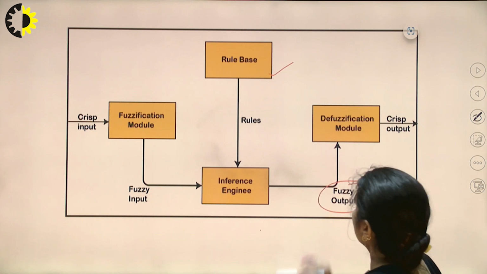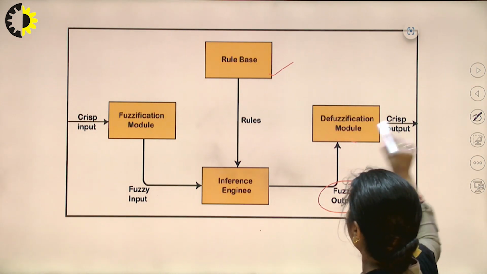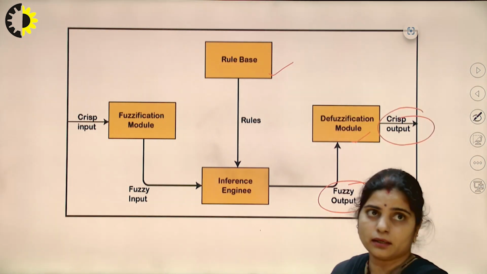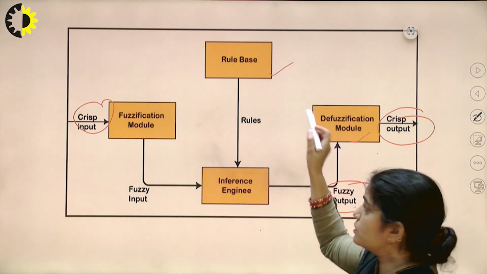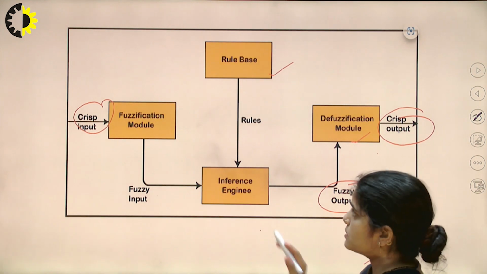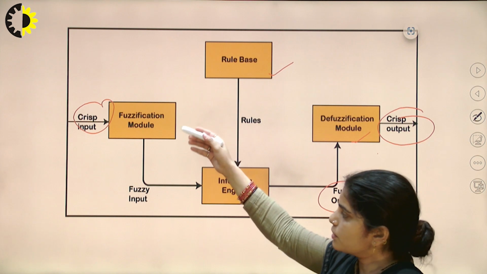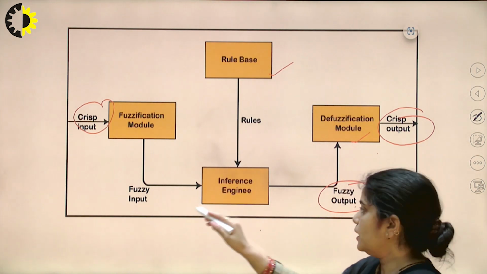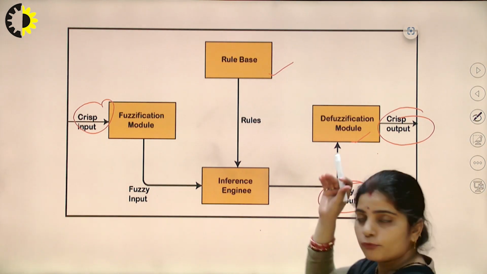That fuzzy output will again be forwarded to the defuzzification module, and we get the output here. So from crisp input we get the crisp output using the inference engine only. Two modules are placed here, the fuzzification module and the defuzzification module. From the fuzzification module you get the fuzzy input, then it is put as an input to the inference engine, from